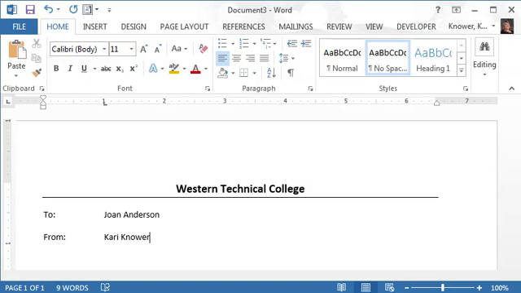And of course, now I'm going to put my name on the From line, and I'm going to press the Enter key once, and then I'm going to press it one more time, and I'm going to enter the date. Now I'm going to show you how to insert the current date at this point. To do that,